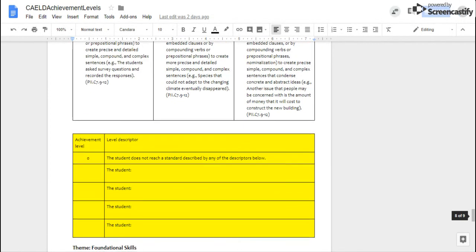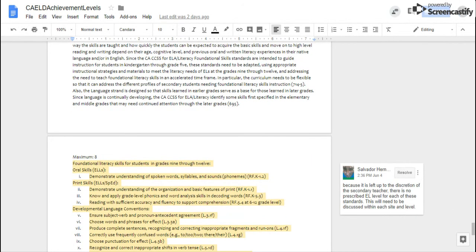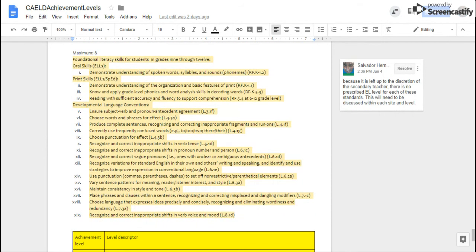The language foundational skills, those are directly from the ELA, and the ELD standards don't give us hints on what those are, but they make reference to the ELA, so I just included all of them in here. There's a lot, but again, we get to choose which ones we're going to focus on for the entire year. That isn't to say that we're not going to focus on any of these standards throughout, even though the suggestion is to probably pick 8 to 12 per classroom, because when you create